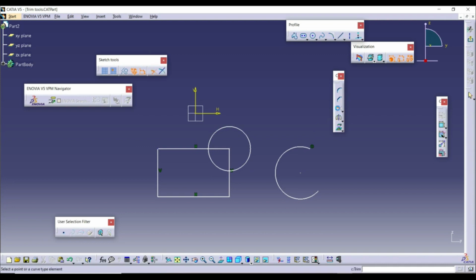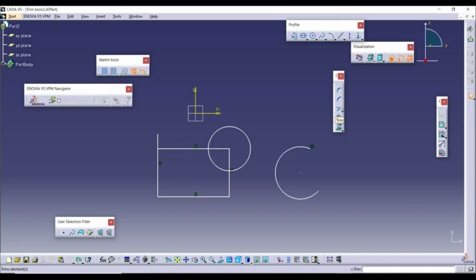As well, we select trim. We can, for example, click on this part of the line, and now we can define a line like this. This is also an option. So we have trimmed this portion of the line. We can also select this trim tool. We can go here to the circle, like this, and now we can create a circle, something like this. And now we have trimmed this portion of the circle. Let's go undo,